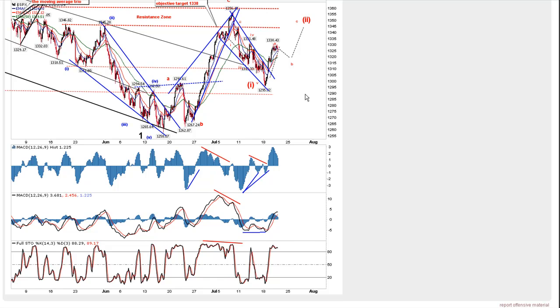As we can clearly see here, we are putting in a bull flag right here, which I think we're going to have one more pop up in the morning just to fulfill this bull flag. Then we're going to go back down into some type of B wave. I don't know how far we're going to go down, but